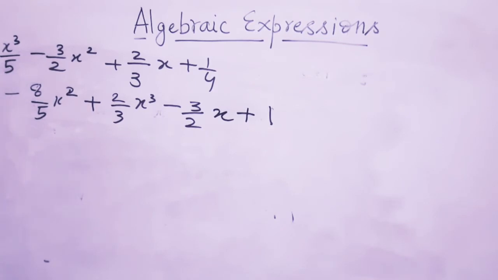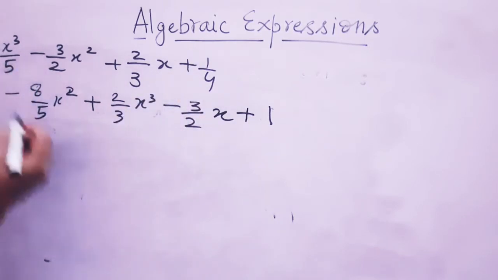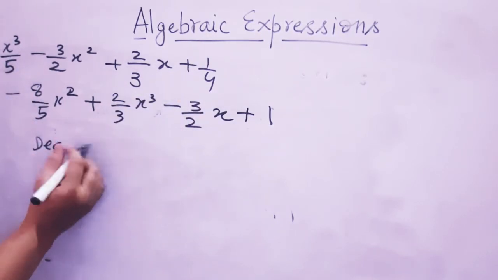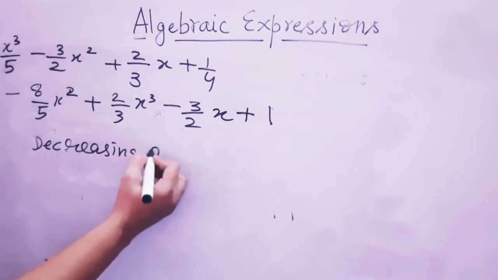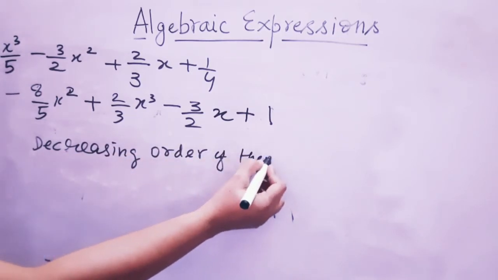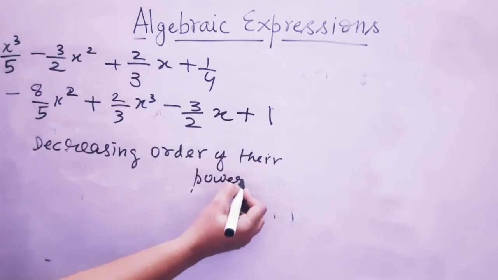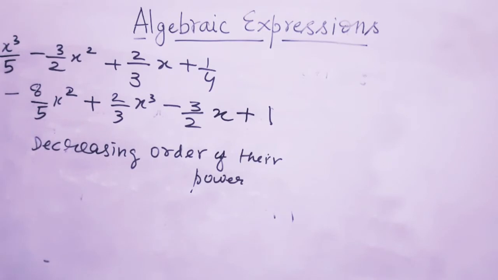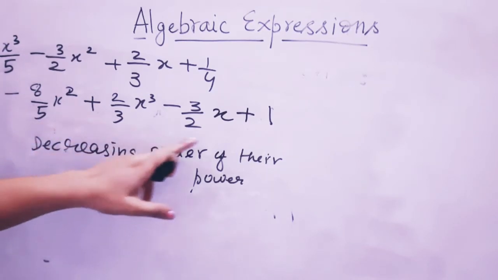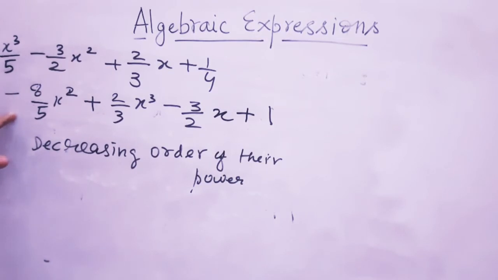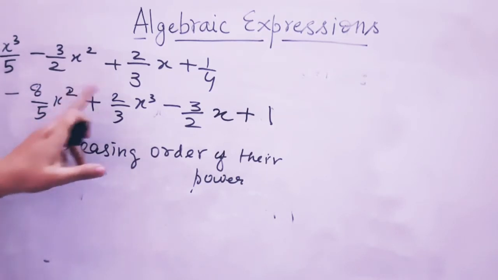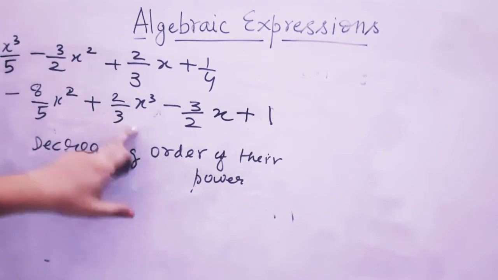So whenever you are writing an algebraic expression, the first thing you need to keep in mind is, see, this is having the highest power, x cube. This is having a power less than this. So you have to arrange the algebraic expression in decreasing order of their powers. This is the proper way to arrange the terms of the algebraic expression. This algebraic expression is not arranged properly. Why is this not arranged properly? Because x square is written before x cube.